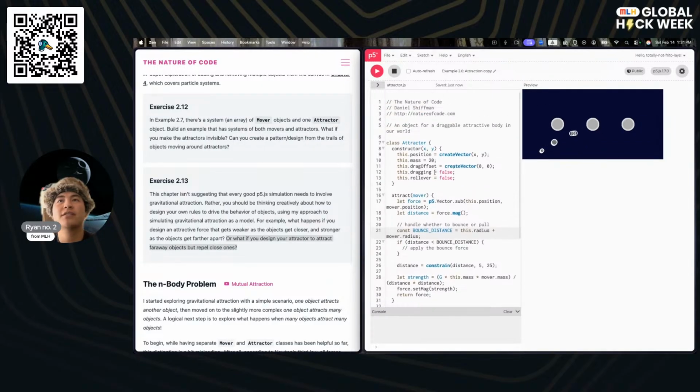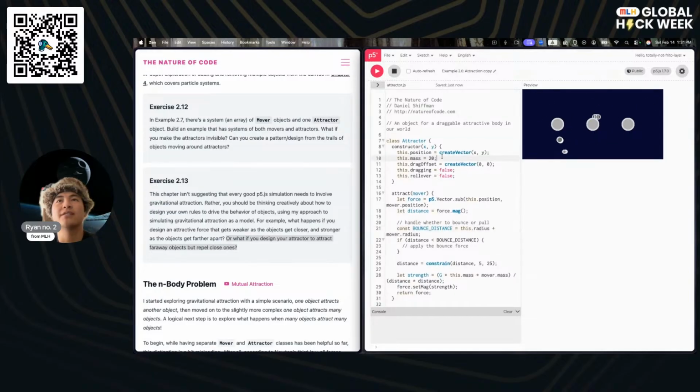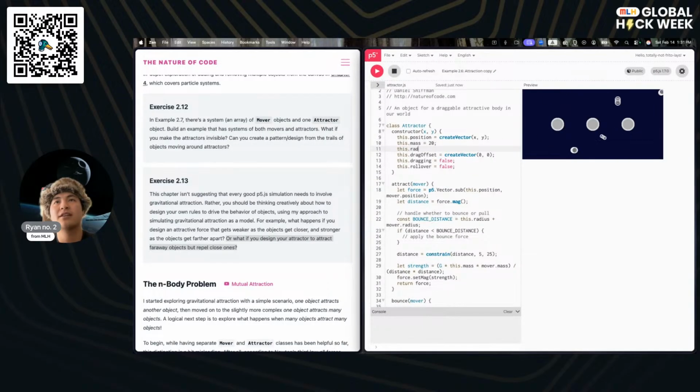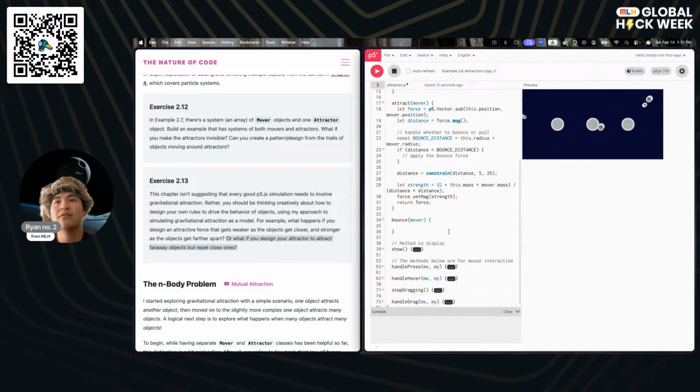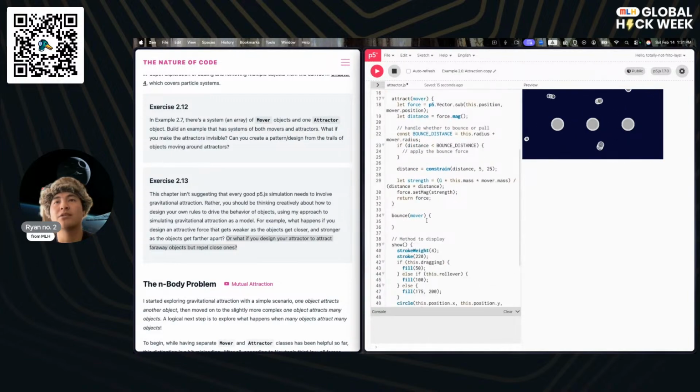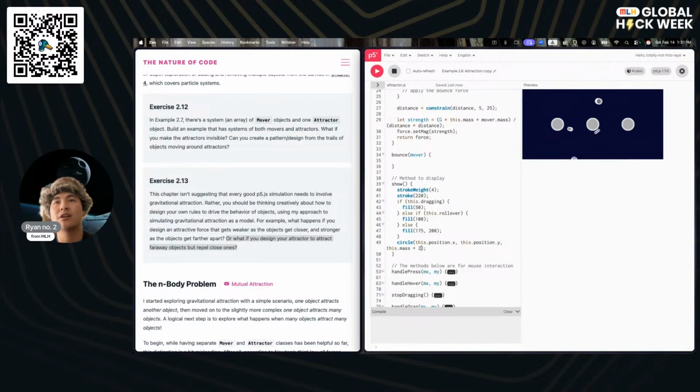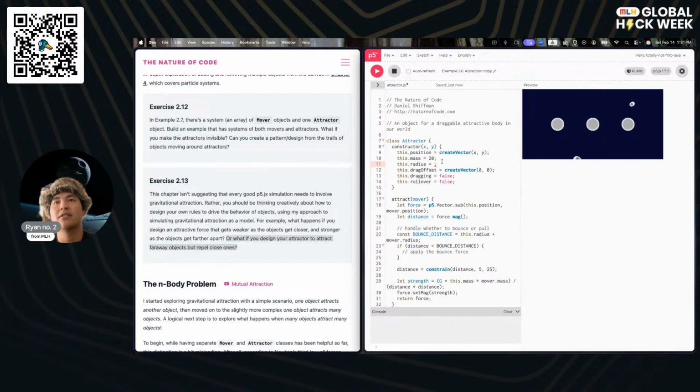I'm also realizing that we need to make sure that the radius is actually set as a value within both of these. So let's see. This doesn't actually have a radius yet, so let's add that in. And I know we have a radius defined all the way down in our show function, so we're going to go down here and grab that. This dot radius, let's set that to that, and then we're going to set the radius to be just whatever the mass times 2 is.